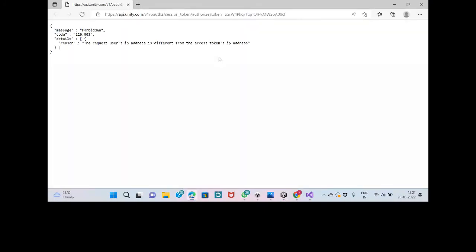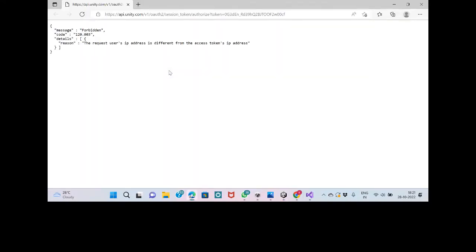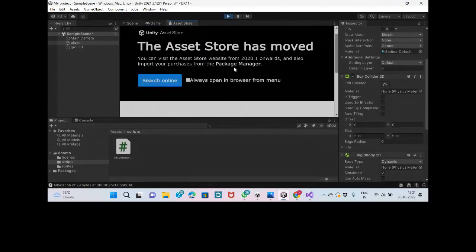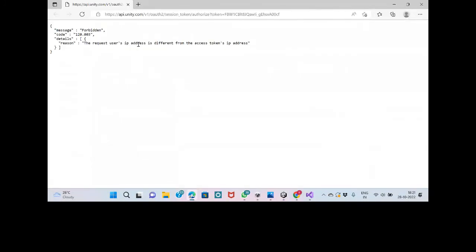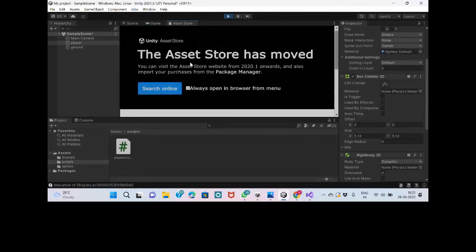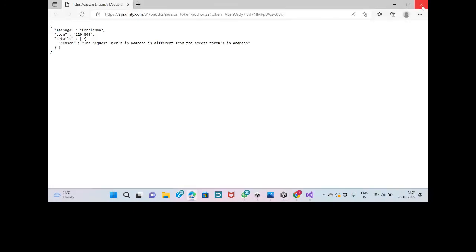I'm importing some assets to create. It is not working. The website is not